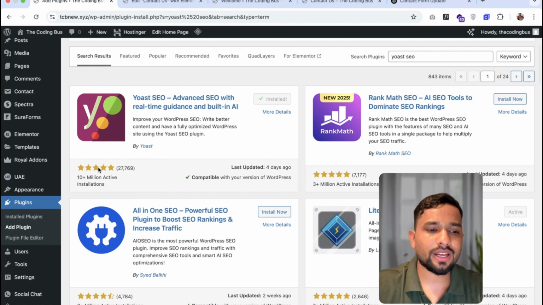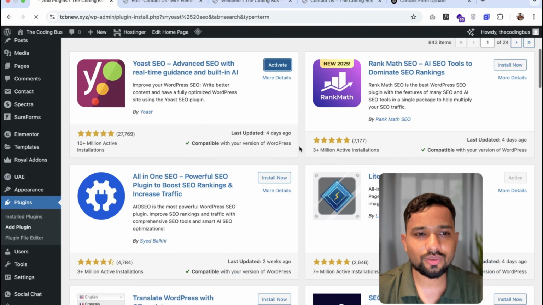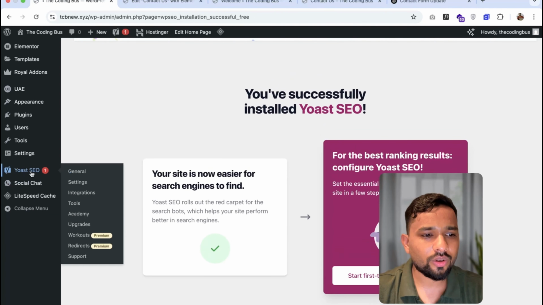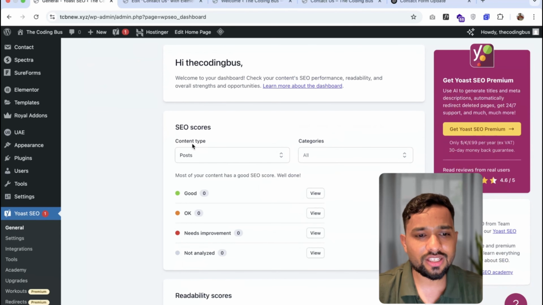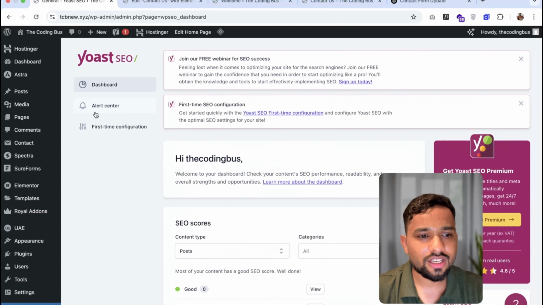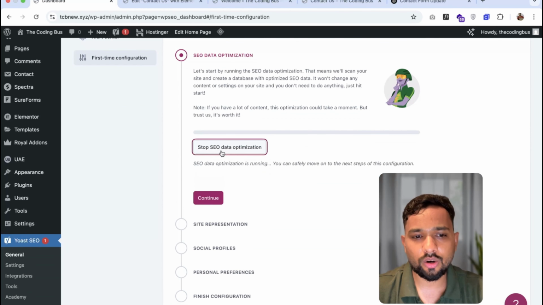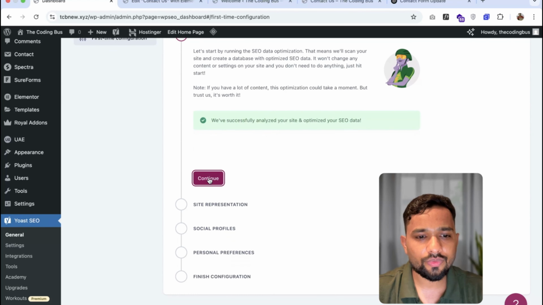and you can see this plugin has 10 million plus installations. Just activate this. Cool, fantastic, right? So click on Yoast SEO. You just need to fill in some details, like you can see the content, if the post is good, you can see like this. Let's go to the first-time configuration and start the SEO data optimization, and just click on continue now,